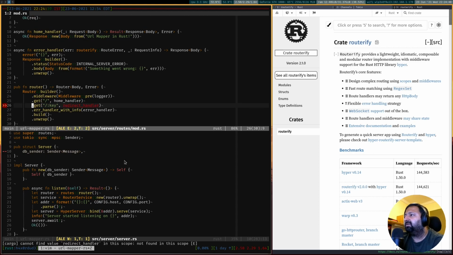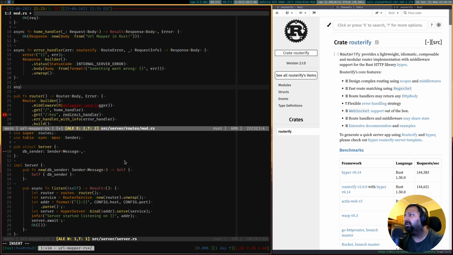And yeah, what we basically want to do within this handler is listen to the slash key, and so this key would actually represent the key in our URL map. And what we will try to do is look for a URL map given this key, right? We'll use the database sender to make that query. Once we are able to successfully get the data, then we will try to redirect the user to the URL which corresponds to this key. That's exactly what we will try to do.